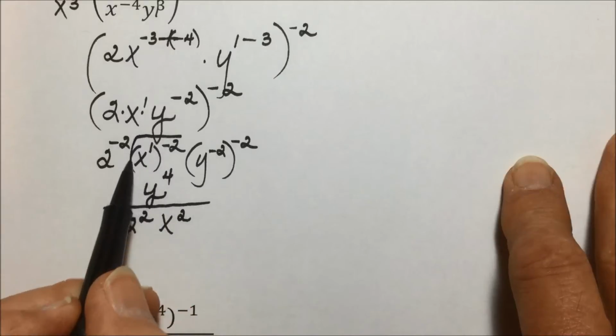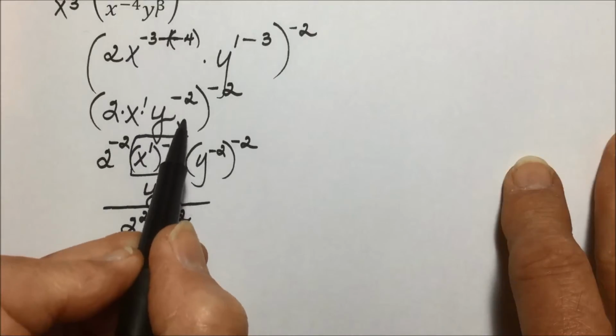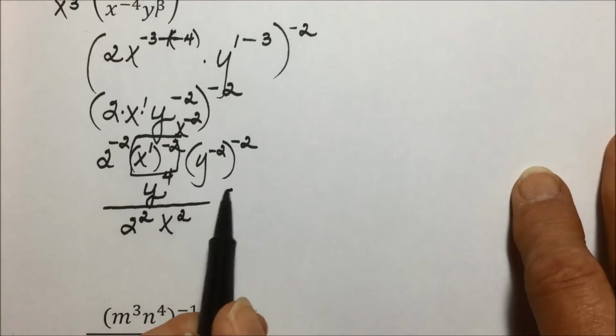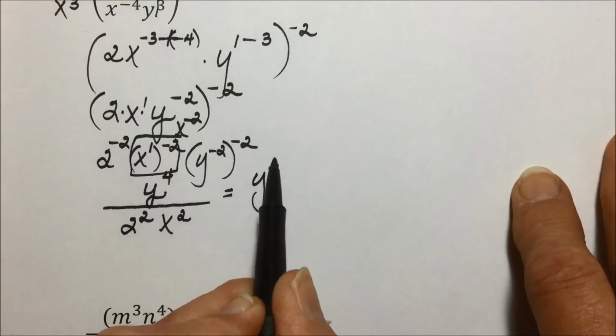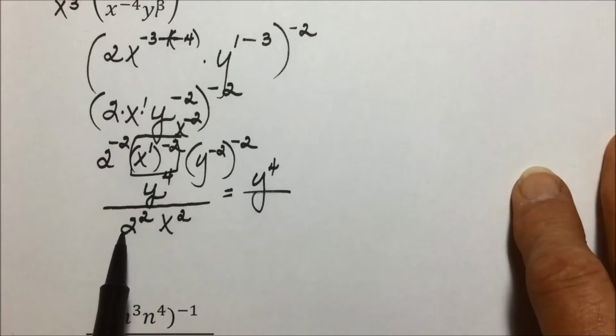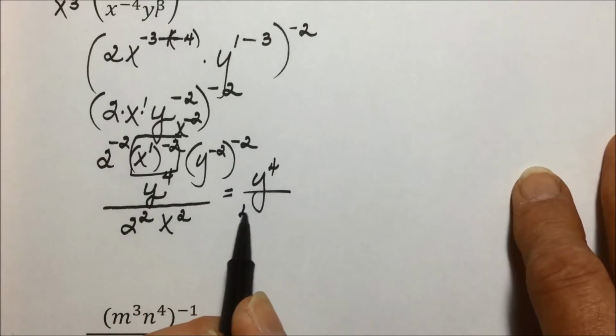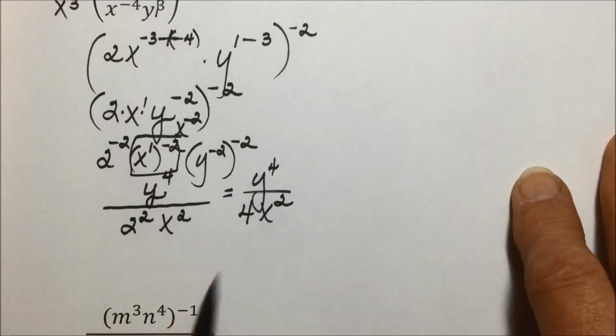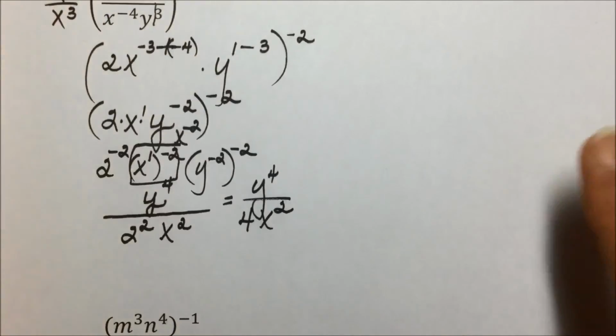Again, this term here would have simplified to an x to the negative 2, which is why it went to the denominator. And the final simplification would be to simplify here. 2 to the second power, 2 times 2 is 4 in the denominator, along with the x squared that we already simplified.